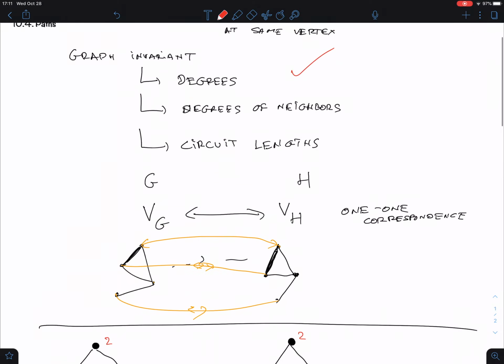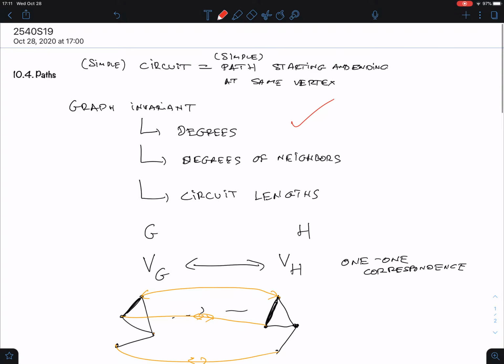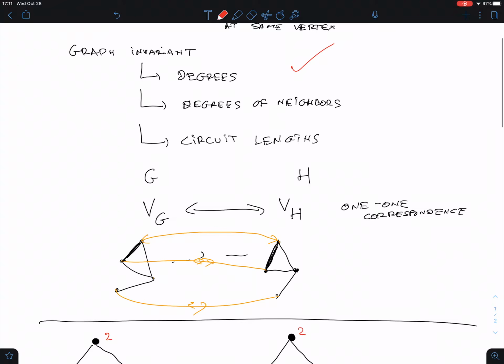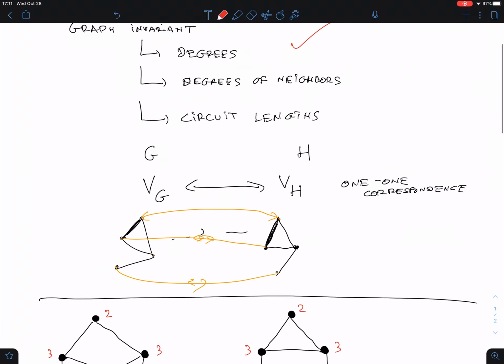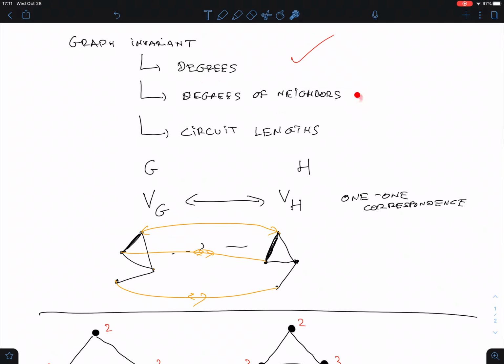There's another graph invariant that I didn't mention, the number of vertices. Obviously, there has to be a correspondence between the two, so they have to have the same number. But that's kind of obvious, so I'm not going to talk about that. The next thing we did was list neighbors and look at the degrees of the neighbor set. I'm going to perhaps do this later,